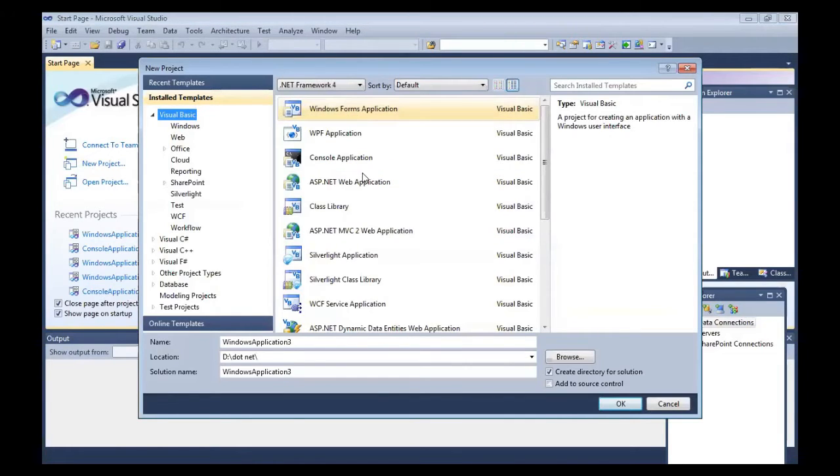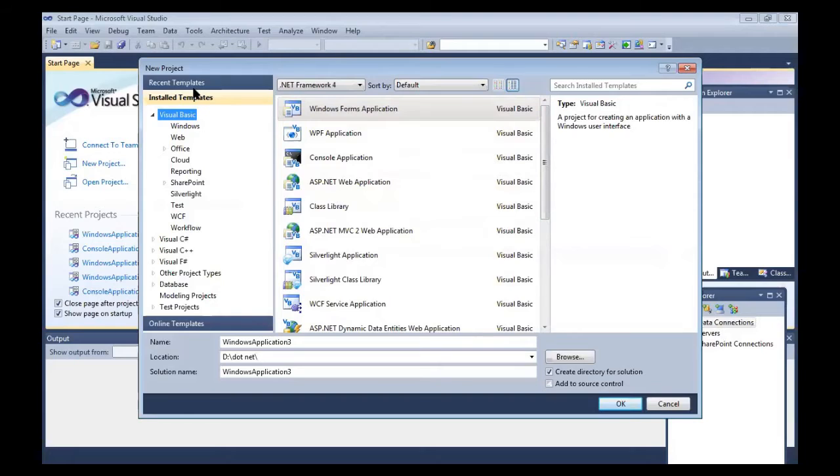That dialog box consists of different kinds of tools. This is the Windows application. The second one is the console application. The third one is the ASP.NET application. Today I will show you how to create both the window-based application and the console-based application.